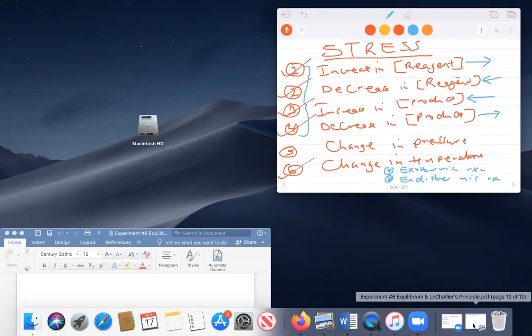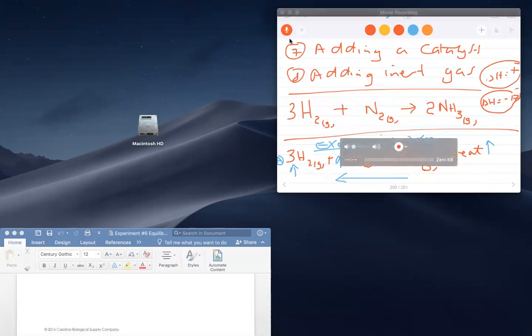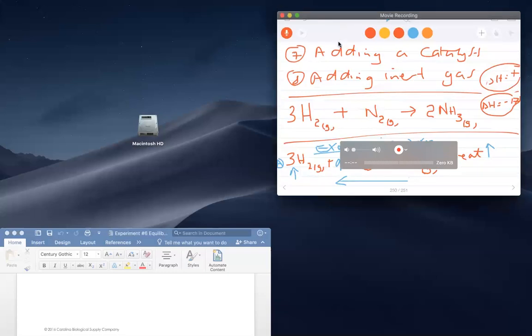The equilibrium expression is shown on page 4. I want to show you the page with the equation you're going to use. Page 4 in the handout, and here is the dynamic